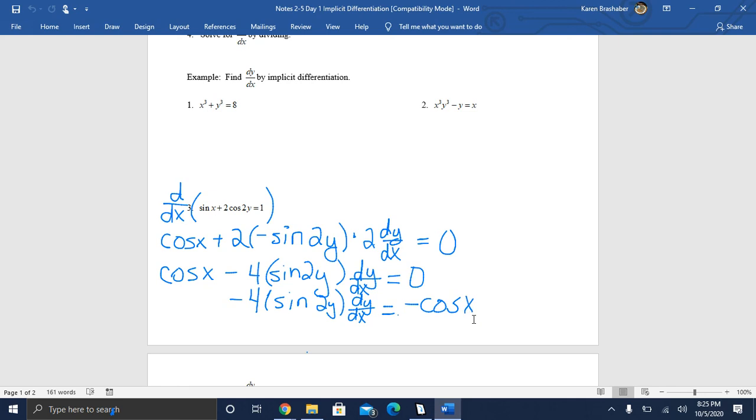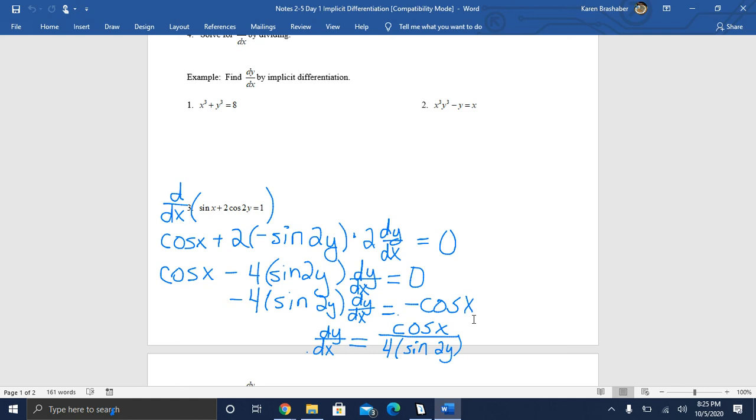And then finally, my final answer, I can divide both sides by the negative 4 sine of 2y, and that will make my dy dx equal. Now, because I have the two negatives, I'm going to make it a positive. So cosine of x in the numerator, and in the denominator, 4 times the sine of 2y. So there's your